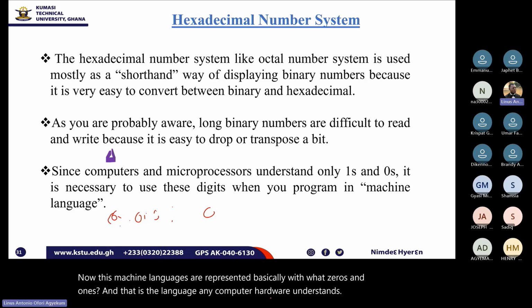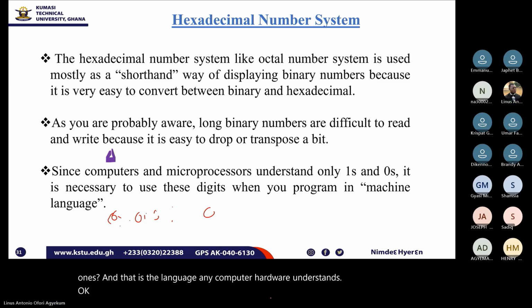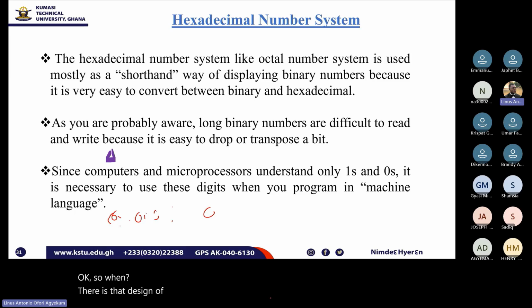Okay. So when there is the design of any computer system, it is very necessary to use these because of the language that the computer hardware easily understands and can easily work on. Okay. Now, the hexadecimal